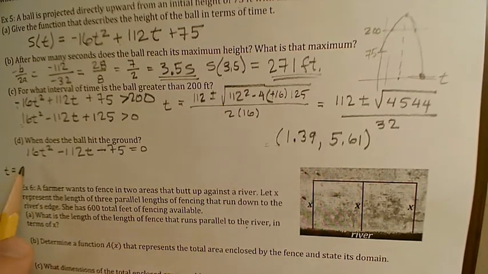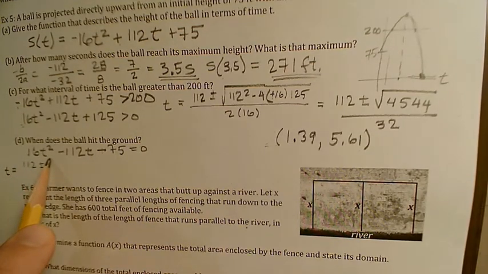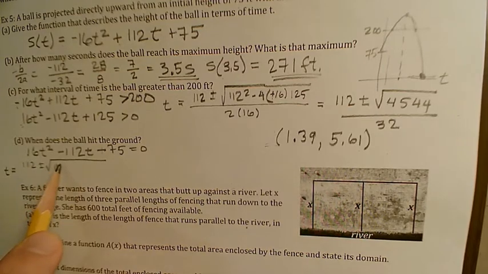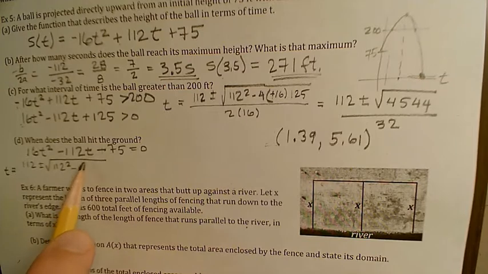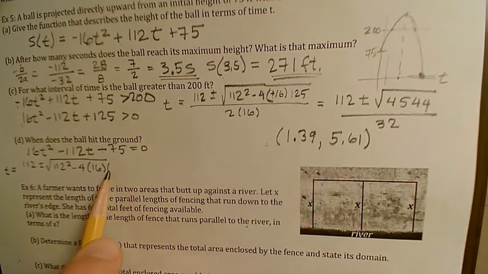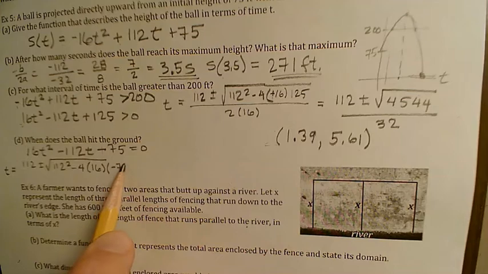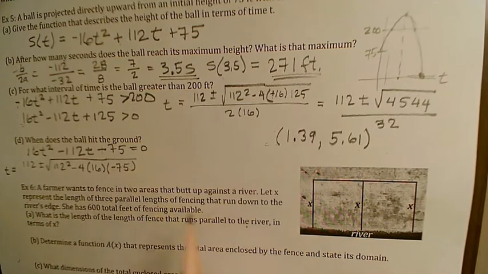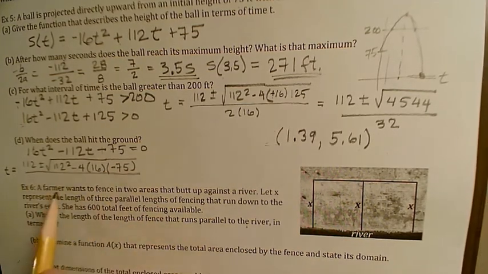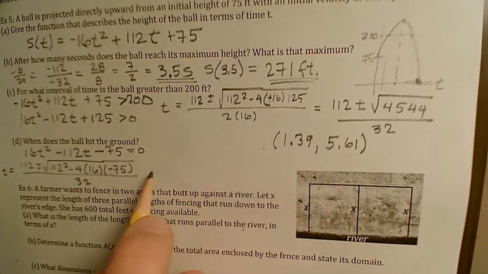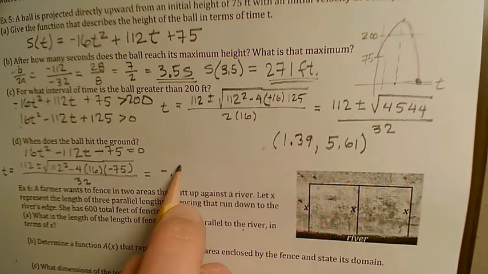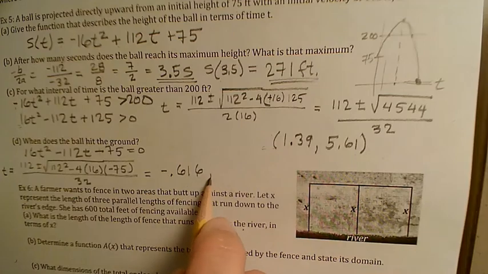t is equal to 112 plus or minus the square root of 112 squared minus 4 times 16 times negative 75, all over 32. And again, that's not going to give us a nice number. When we were to simplify all that, we'd get two numbers. We'd get negative 0.616, and we would get